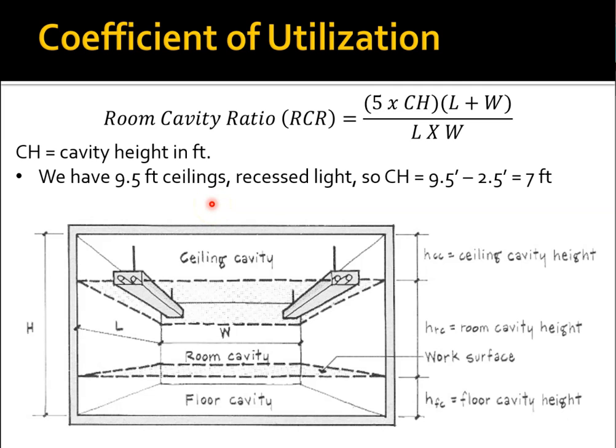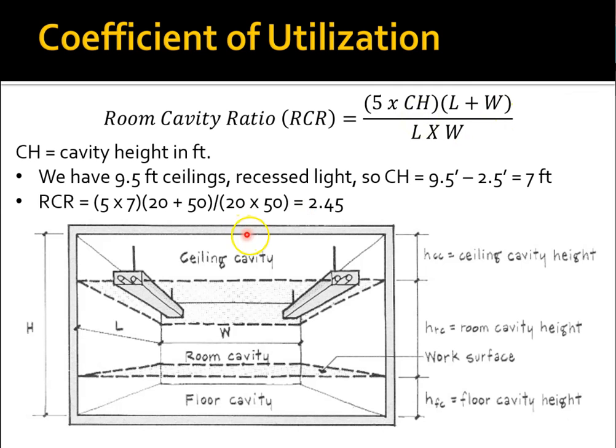All right, so let's say we have 9.5 foot ceilings. It's a recessed light, it's flush mount. Remember, our working surface is 2.5 feet, going back to our earlier example. So it's 9.5 feet is the height minus 2.5, our working height, and that's going to be 7 feet. All right. So 7 feet is our cavity height, and then we know the length and width already, which is